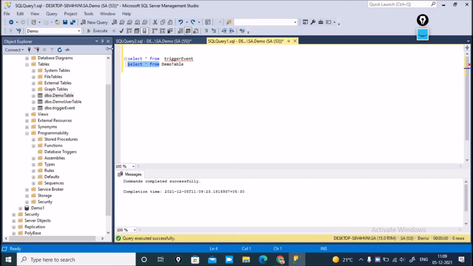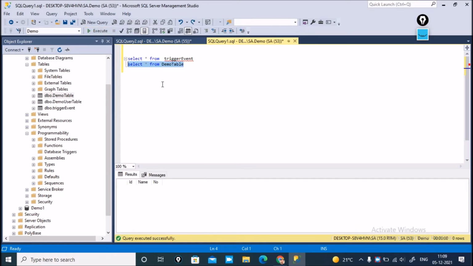The agenda is that I have already created an SP, and whenever we try to insert data in the demo table, it automatically saves a log inside the trigger event table. That means whenever we fire an insert operation on this one table, the trigger fires and inserts data in this table.